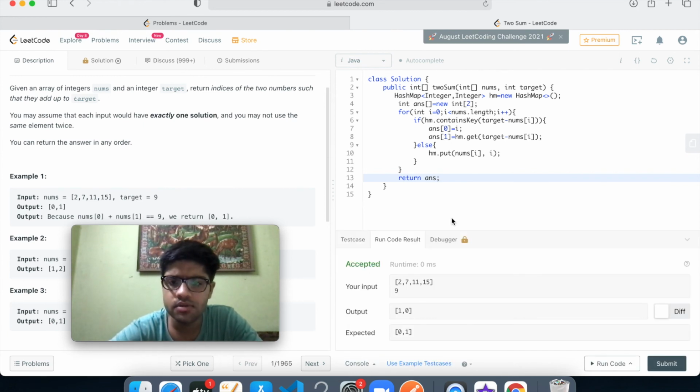This was a simple question, but definitely this is a good problem in terms of interviews, because here you might be asked to talk about the sorting technique, and then through this hash map technique, you are definitely using extra space, but at the same time it is reducing the complexity.